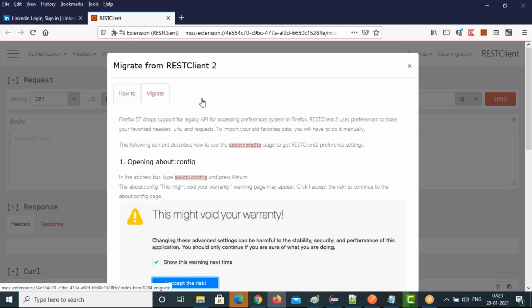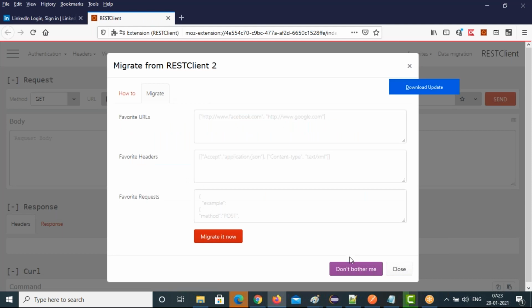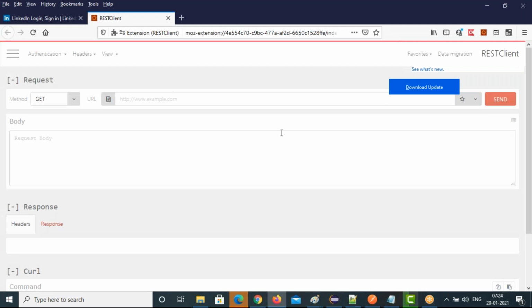Okay, I'll do this later. So I'm just closing this. I'm showing that even on the browser side you can do this. This is the REST client for the Firefox browser.